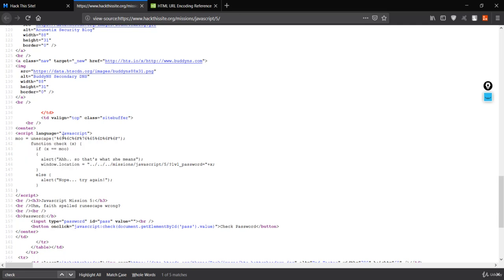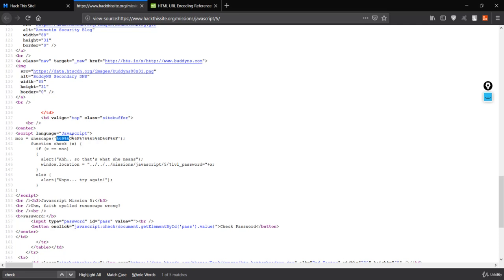That means it is just encoding here. It is the way to encode some of the characters in the HTML so that the password will be hidden, or basically the access to the system would be difficult for the hackers.